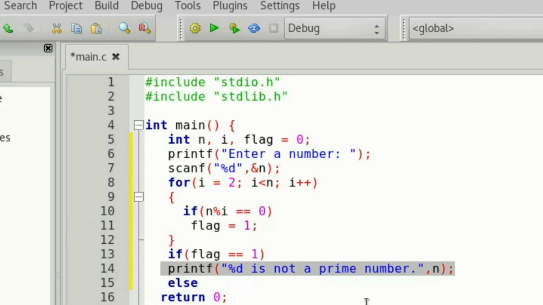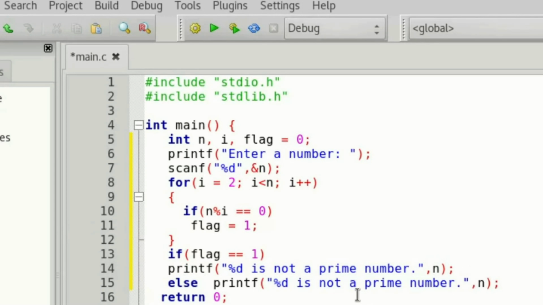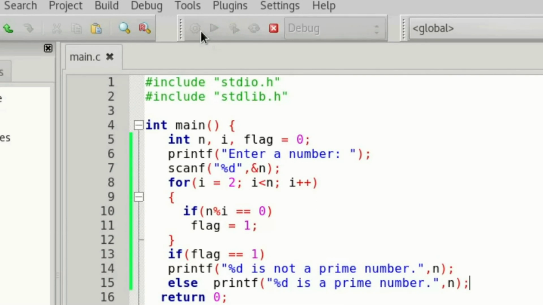So copy it and paste it here, and this time we're going to say %d is a prime number, and that's all. Let's compile it and run it,